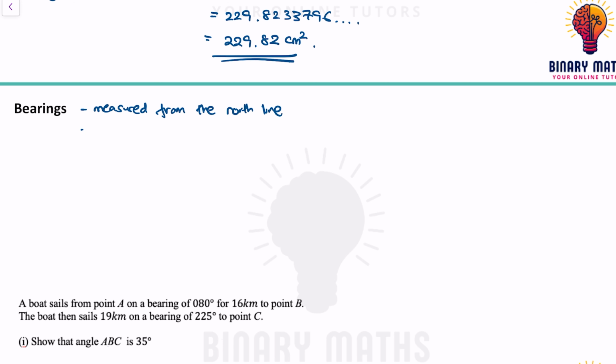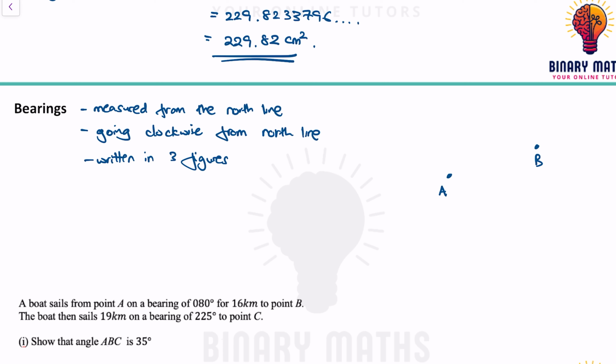Measured going clockwise from the north line again, and they're always written in 3 figures. So if we have a point A and a point B, and let's just say we draw a north line at A,